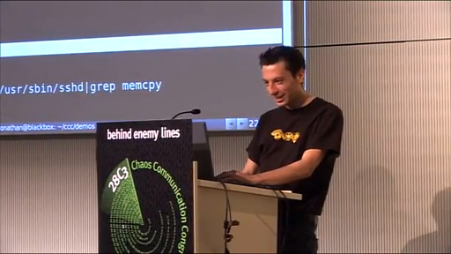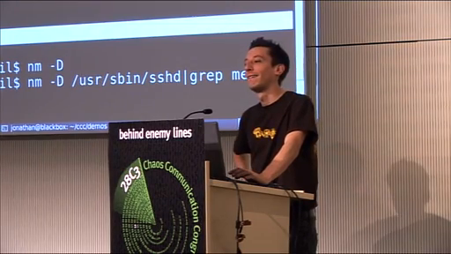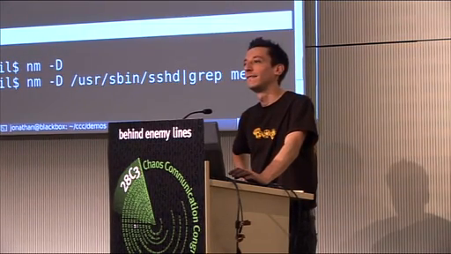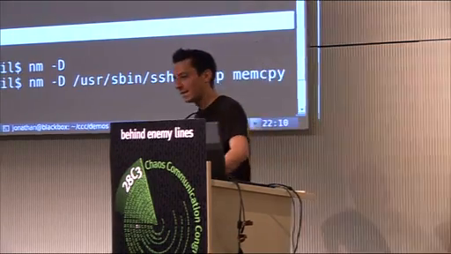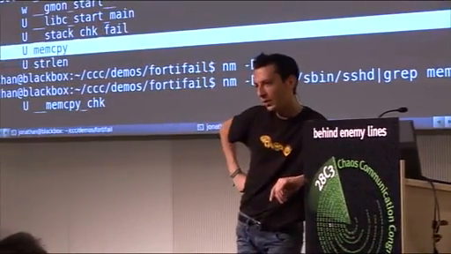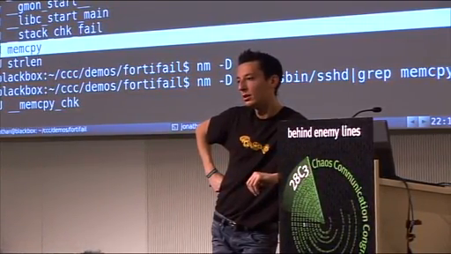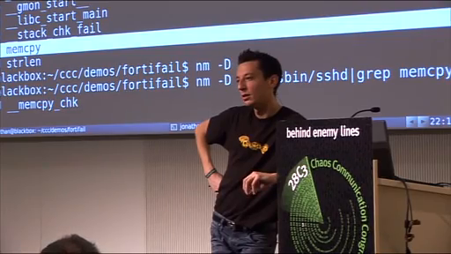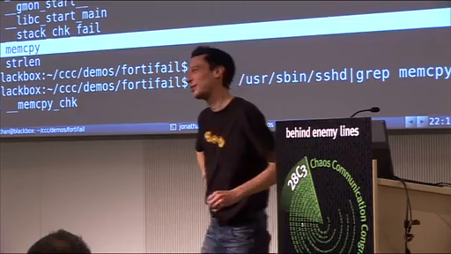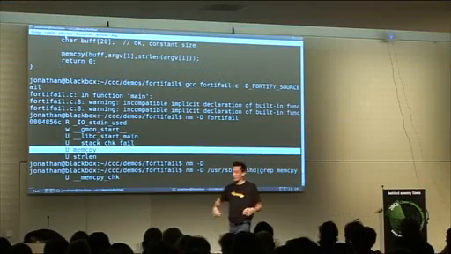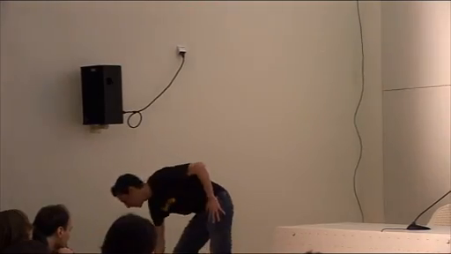So if I have this memcopy without the checks, there should be code around that does the range checking for the memcopy. Otherwise, it will fail if somebody puts too long a phrase. I didn't get you, excuse me? So you say memcopy inside the code of SSH? Yeah, SSH needs some range checking code before it starts memcopy. Otherwise, it could fail. So I'm not saying that SSH is actually vulnerable to anything. I'm just saying that it's impossible to verify that